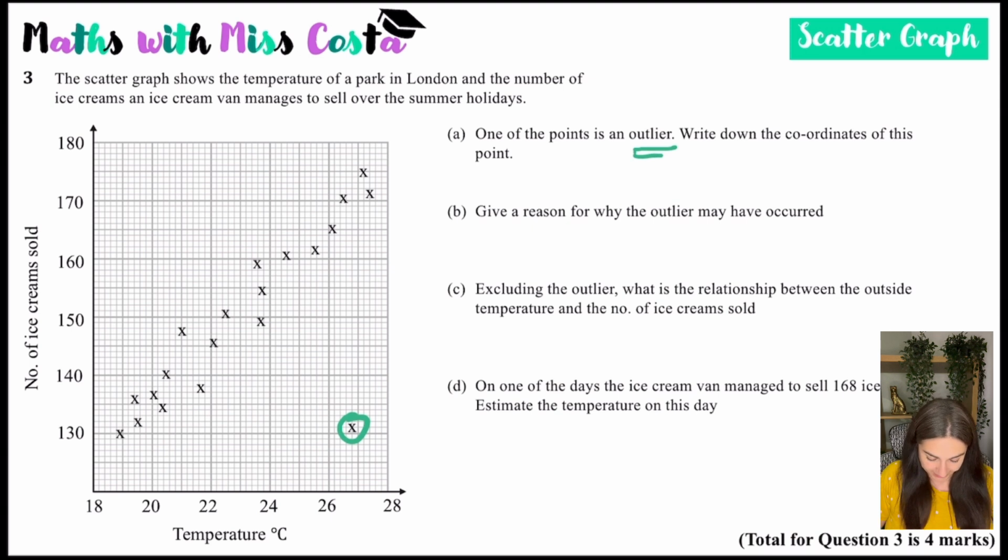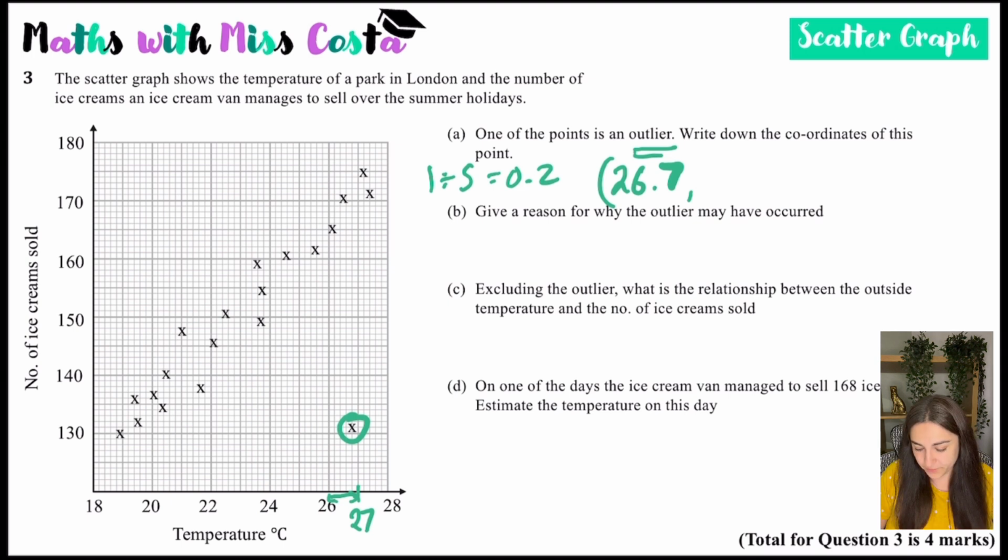So the outlier is over here, and let's have a look at what the coordinates are. So if that would be 27, I know that 5 squares make up 1. 1 divided by 5 is 0.2, so each of the little squares is 0.2. So that would be 26.8 as my x coordinate. And then my y coordinate, these bars seem to be going up in, actually, that might even be 26.7. Yeah, sorry, it's very small on my iPad. So 26.7, but you get a tolerance allowance. And then